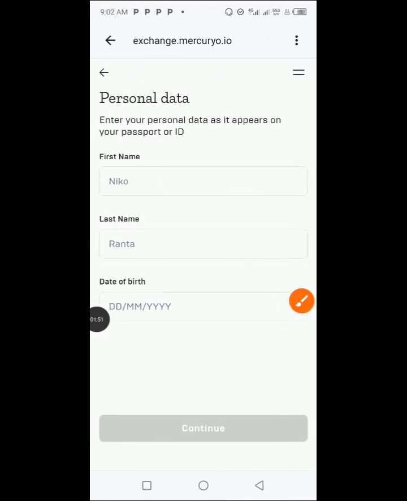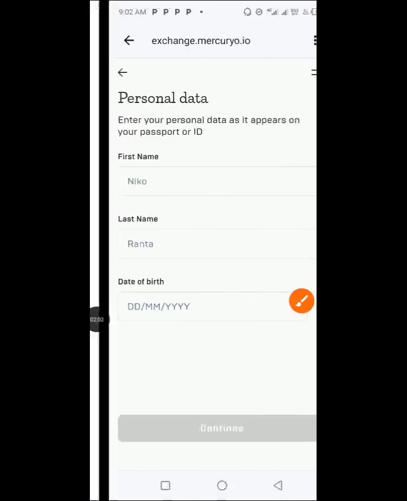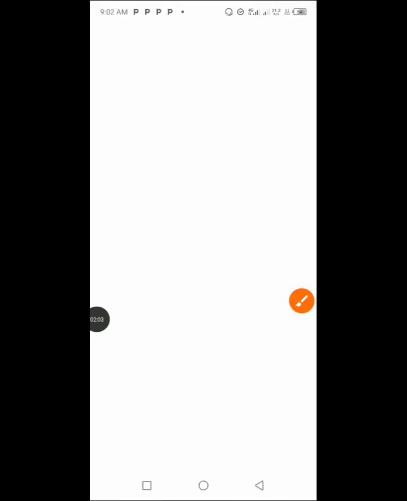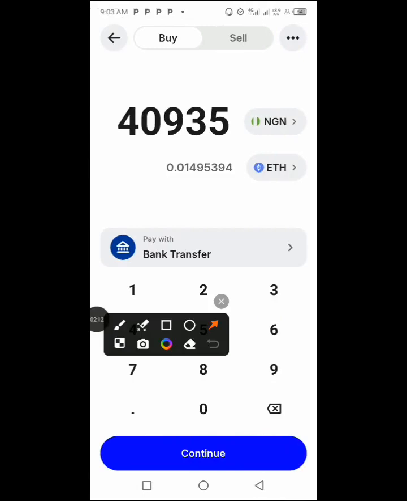Then it is going to demand for your personal data. Now just go ahead and insert your name, your last name, and then your date of birth. And after you've inserted that, go ahead and click on continue. And then after clicking continue, it's going to load up. After some few seconds, then it is going to bring you back to this particular place because your information has been sent and also is bound in the page. Then it's going to bring you right back to this Trust Wallet app